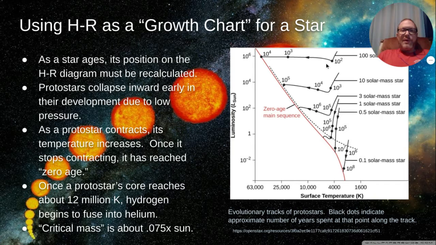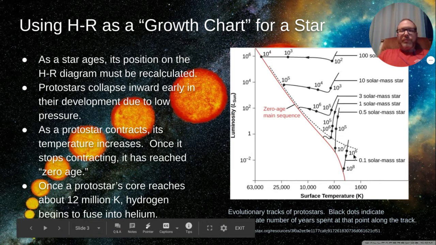Now, what I want you to notice in this picture is that for the ones that have higher masses, the numbers in the dots are about how many years it takes at that particular point before it moves on to the next. And you can see up here at the top, the higher mass stars collapse much more quickly because there's a lot more matter pulling them into the middle. Whereas the lower mass stars down here at the bottom can take a really long time